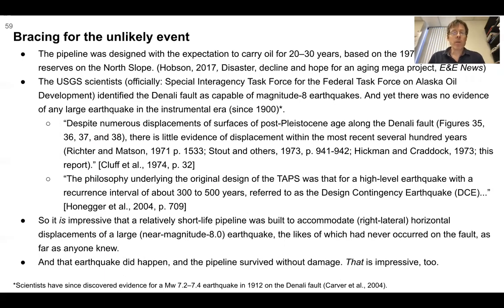So when was the last earthquake? And here are some quotes. "Despite numerous displacements of surfaces post-Pliocene age on the Denali Fault, there's little evidence of displacement within the most recent several hundred years." Or, the philosophy underlying the pipeline was for a high-level earthquake with a recurrence interval of 300